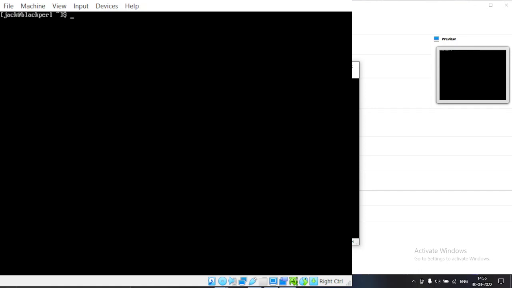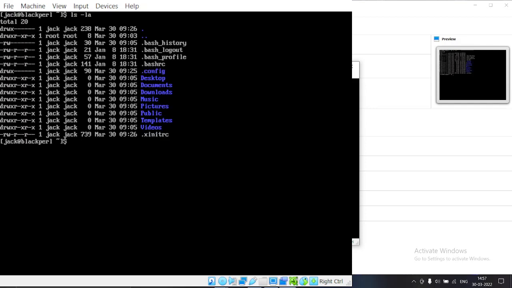That is, we have to copy the configuration file for xinitrc, which was the xinit that we installed, xorg-xinit. It is present in /etc/X11/xinit/xinitrc. This is the file xinitrc. We are going to copy it as .xinitrc in the home directory, because that's where we are right now, in the home of the user. If I do a listing of all of the things, we can see there's a .xinitrc.